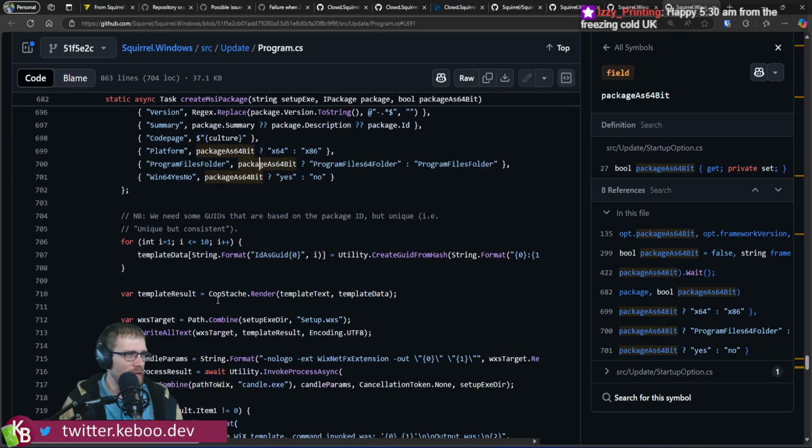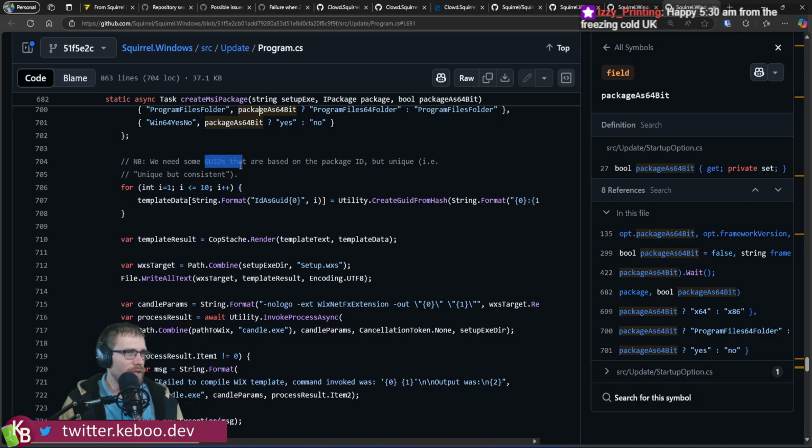Right? So it does the template data, does some GUIDs because everything inside of